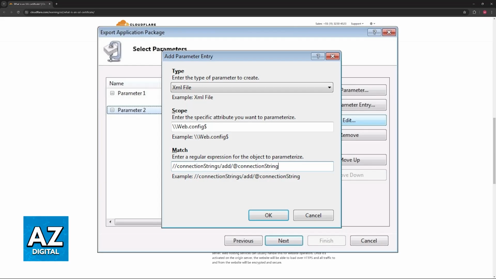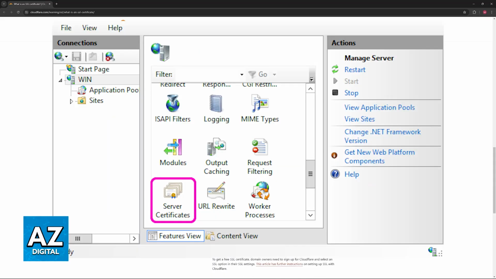Next, preparing the certificate files. Ensure that you have all of the necessary files. These are going to be first a certificate file in the .crt or .pem format, which contains the public key, the private key file, which is .key, crucial and needs to be kept secure, and then intermediate certificates, which, like the certificate file, is going to be .crt or .pem. Some certificates require these to establish a chain of trust.